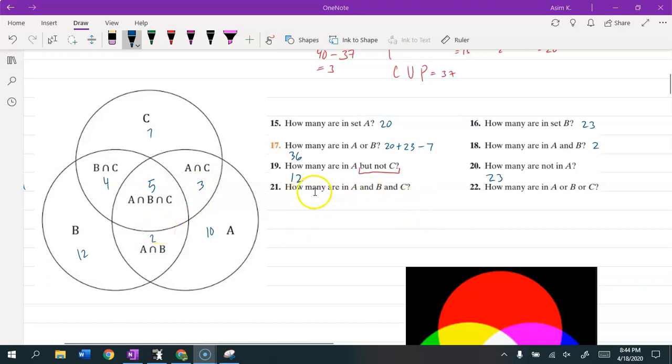Number 21, it says how many are in A and B and C? I would say that was probably the easiest question for all of us. We're like, that's easy, that's 5, right? That's the one in the middle right there, so that takes care of that. Now, how many are in A